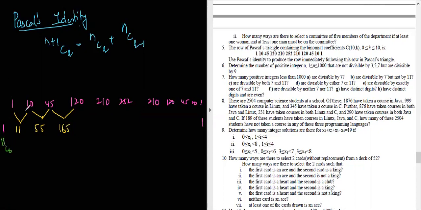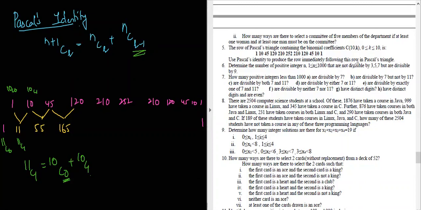I'll just write the value. So this is 11C0, while this was 10C0, 11C1, 10C1. So if you notice, 11C1 is equivalent to 10C0 plus 10C1. So if this is here n plus 1, then this is given as n, and this is equivalent to r. So n plus 1 C r is equal to nCr plus nC(r minus 1). So r minus 1 is 1 minus 1, 0 over here. Okay. So this is here Pascal's identity.